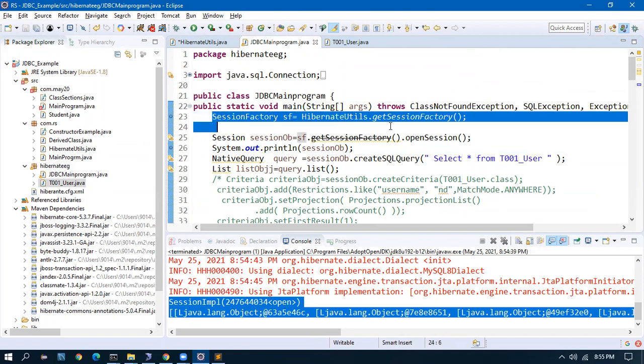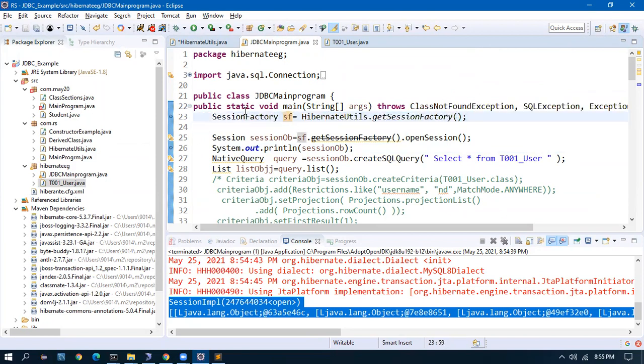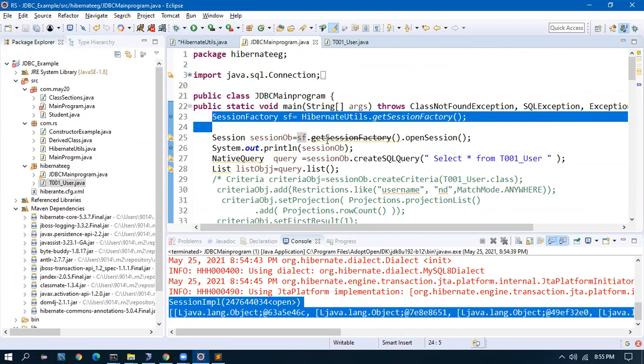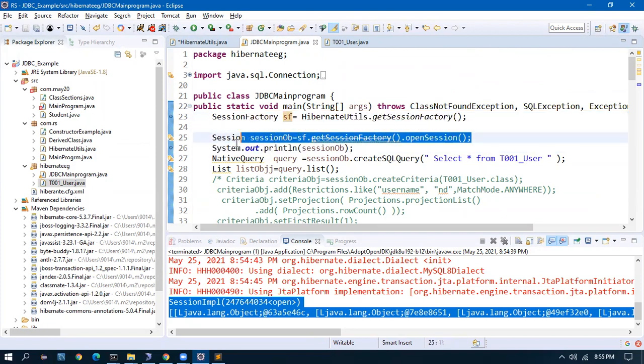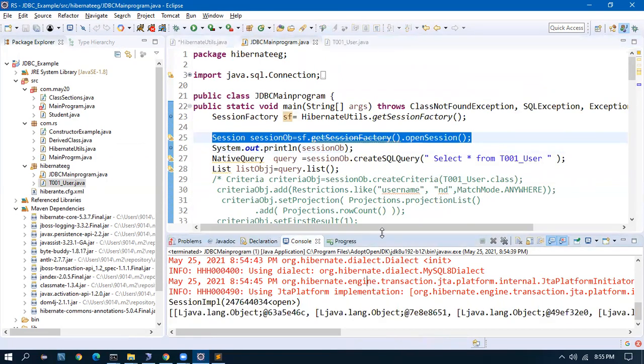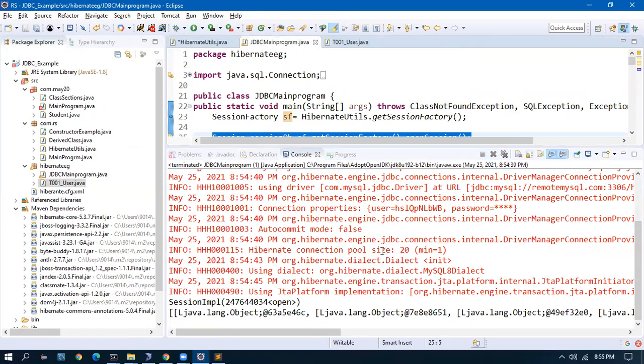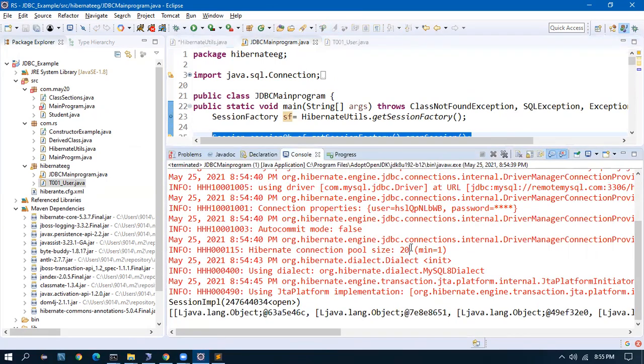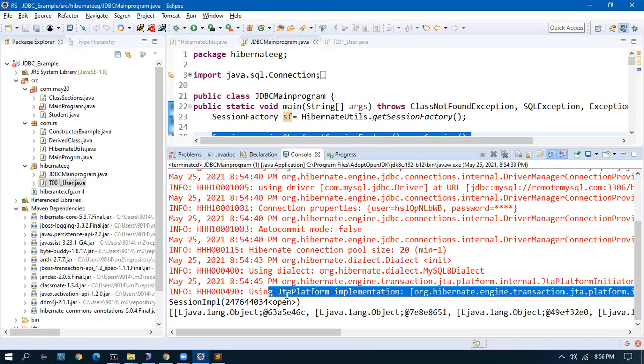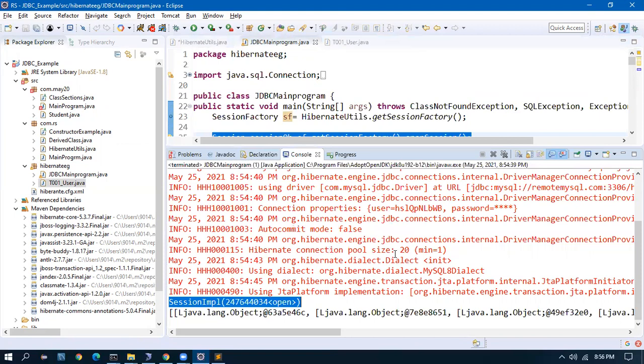In a web application, this should be called only once in the application. This should never be called twice. And opening a session also we recommend doing only once, because we will be using connection pooling. You see here, the Hibernate connection pool is 20, meaning 20 connections are available. I'm using only one connection now. And after my query is executed, 20 is again available. It is not that one will be blocked for my browser or my thread. Every time a query is hit, one connection will be used, and after that it will be released and sent back to the connection pool.